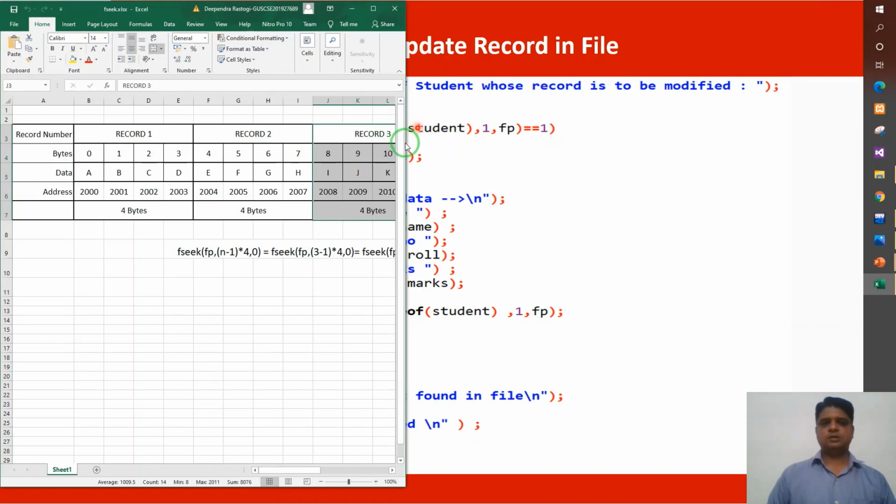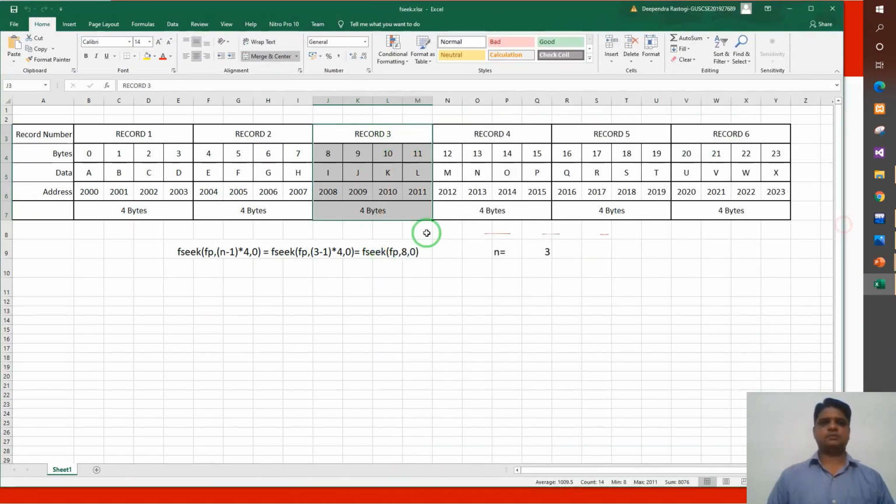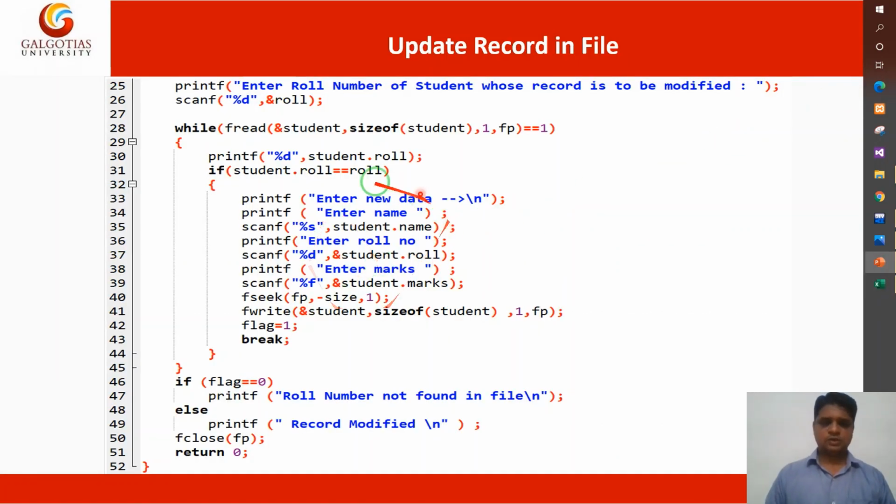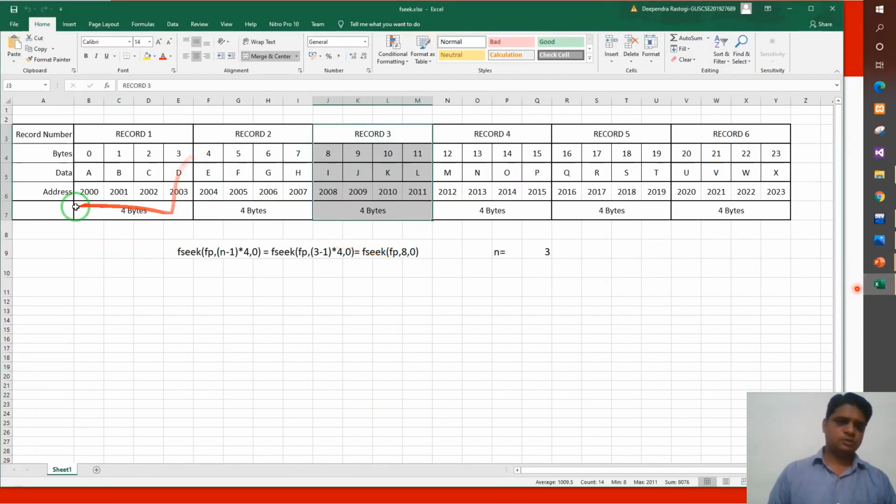Suppose in this section this is our record operation. In this record, as per this, you are reading the first time. When you are reading the first time, you are reading this one. Now the pointer will automatically point to the second one.